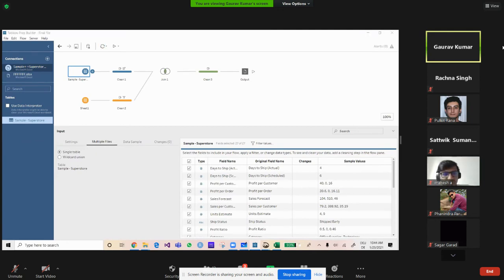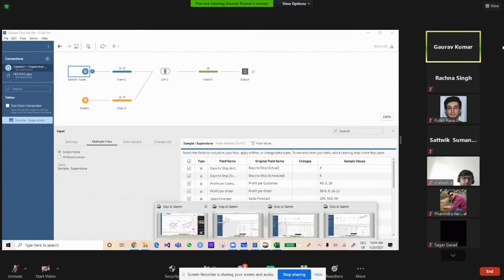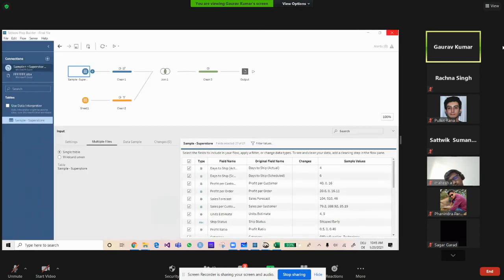So it is basically a static thing. You cannot expect that if the data is coming live, it will reflect instantly. For that, you have to create one automated script so that after every 5 minutes, these things are refreshed, the data is updated, and then the flow is run on that data.